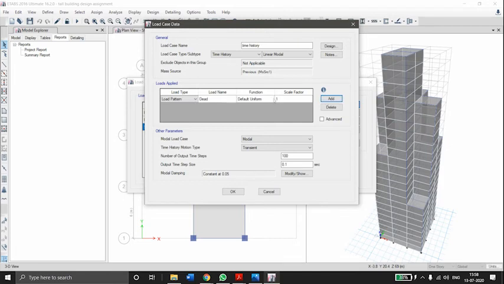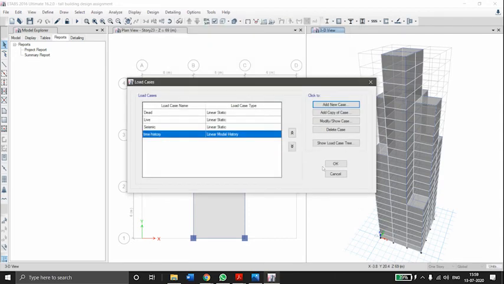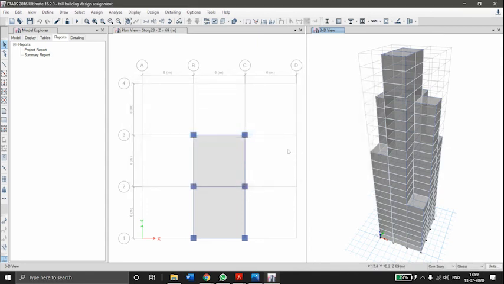Then select add, load pattern as acceleration, function as time history, scale factor same as previous, 1663.5. Here the data is available in one direction, so we have to give the acceleration in only one direction. Keep the other default properties the same, select OK, then again select OK.